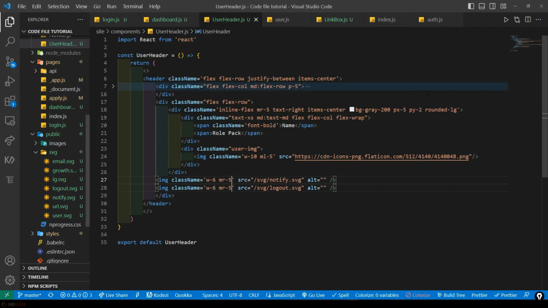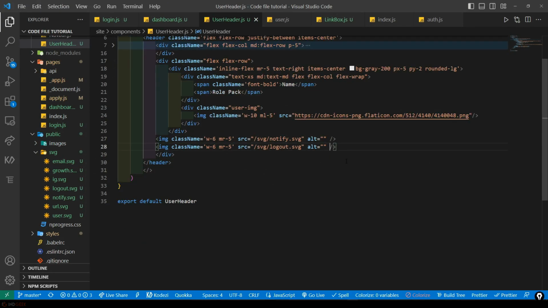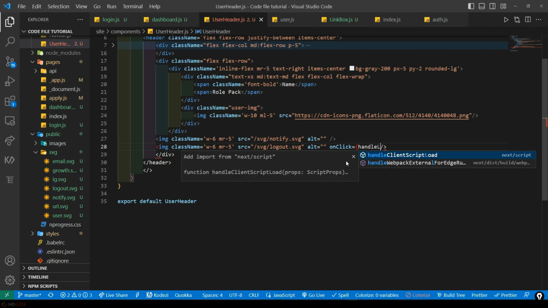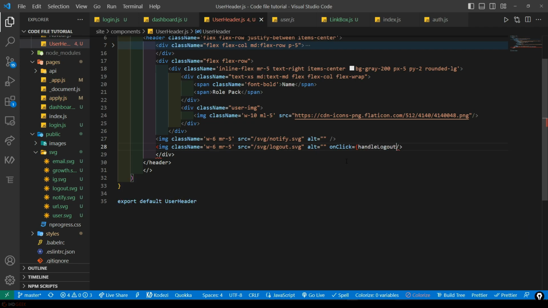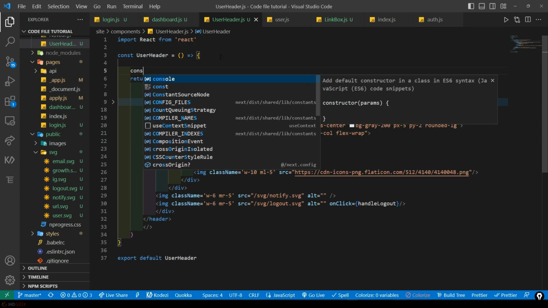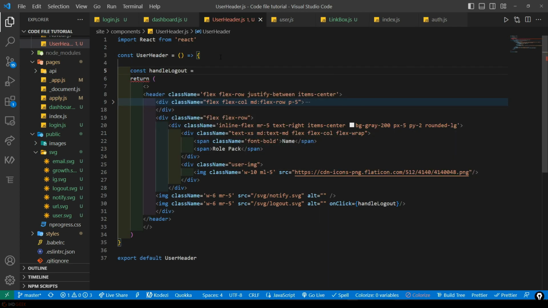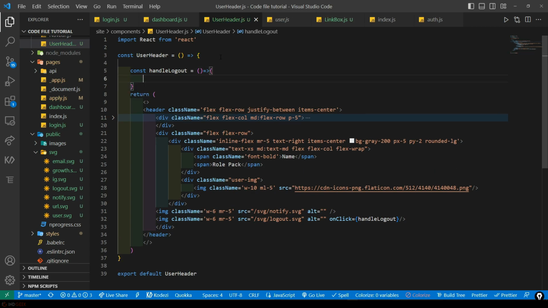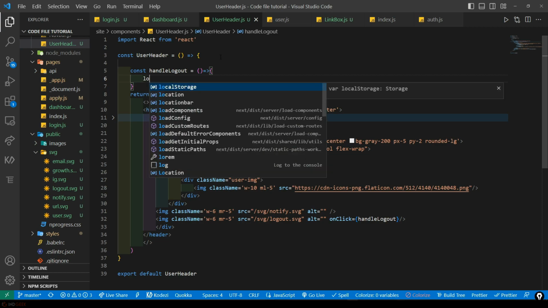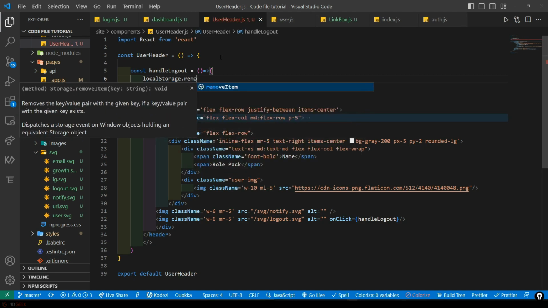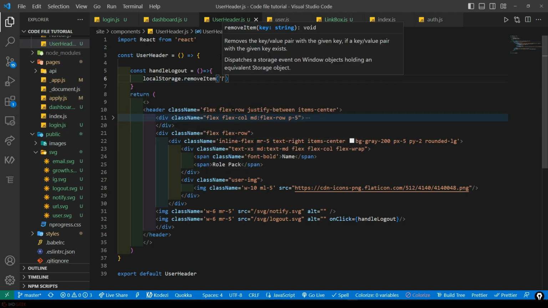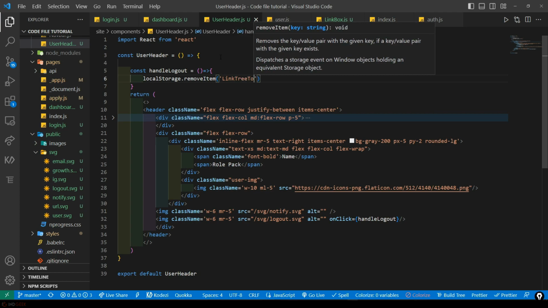For that, maximize our VS Code and add an onClick to this image. It will execute a function called handleLogout. And let's now create the function. What this function will do, this function will just simply remove the token that we have stored in our local storage, and then it will forward us to login page. So for that, localStorage.removeItem. Our token name was linktree token,